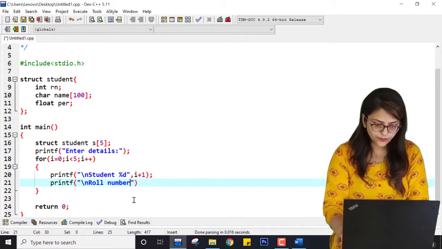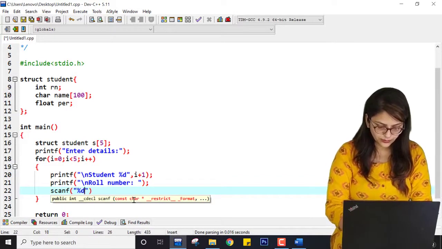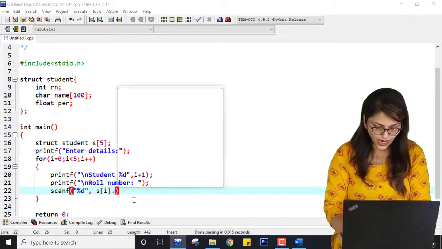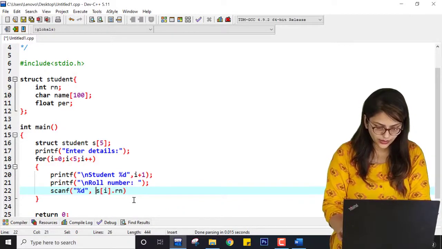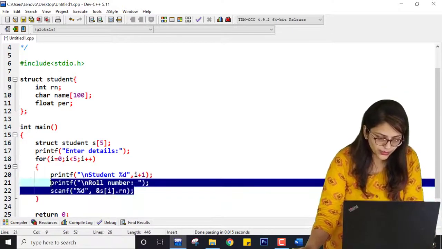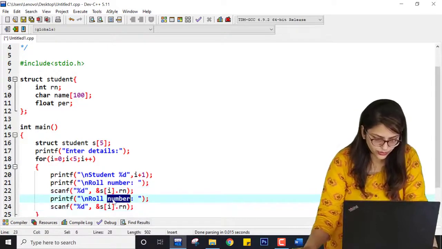Roll number, and it will be scanf "%d", and what will we write? We will write s of i dot rn, with the ampersand sign, and here a semicolon. Let me copy this and paste it over here.